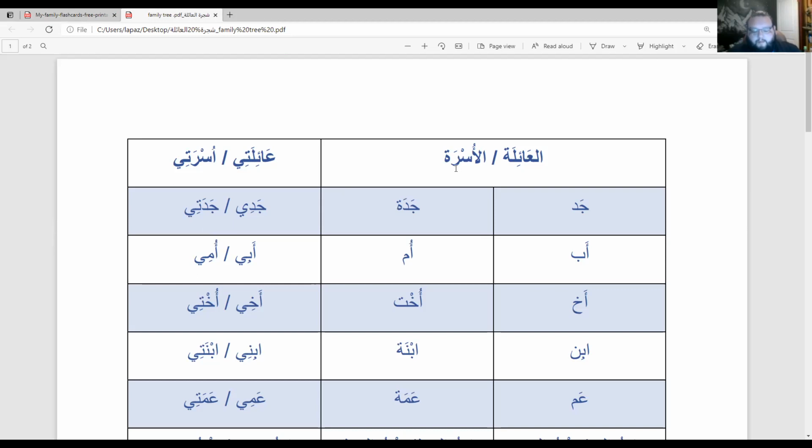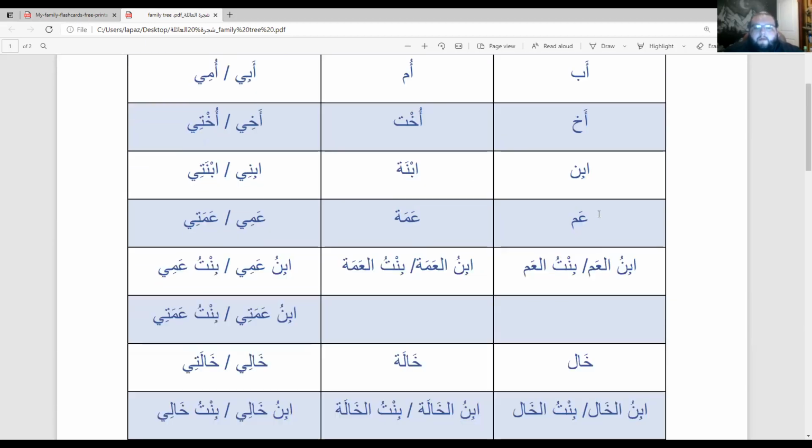Okay, so we have الجد والجدة, الأب والأم, أخ وأخت, which is my brother and my sister. ابن, ابنة, which is son and daughter. عم and عمة would be my uncle and aunt from my father's side. And the same goes with ابن العم وبنت العم,